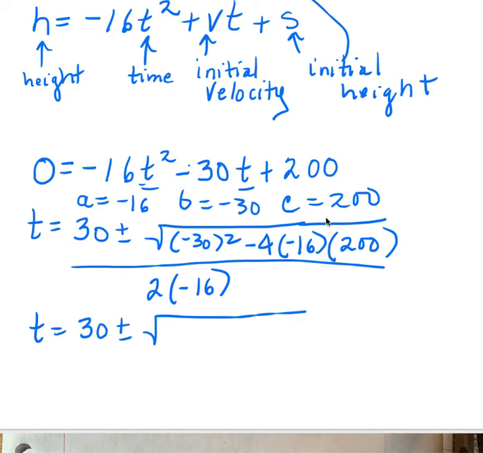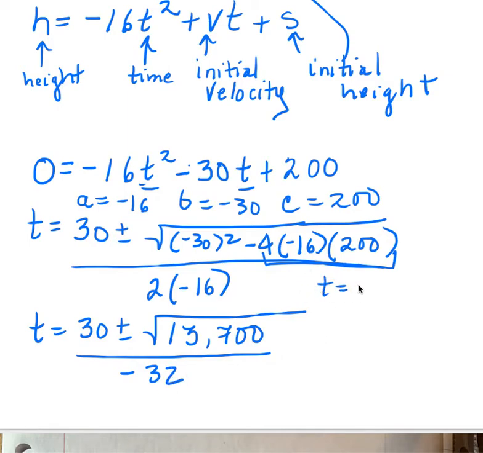Okay, and you're going to end up with 13,700 all over... Just remember you're multiplying this first. You're going to end up with a plus, so it's going to be 900 plus this. That ends up being 13,000. All over 2 times negative 16, that's negative 32. So when you do that, you're going to end up with t equals 30 plus this over 2, and that's going to turn out to be